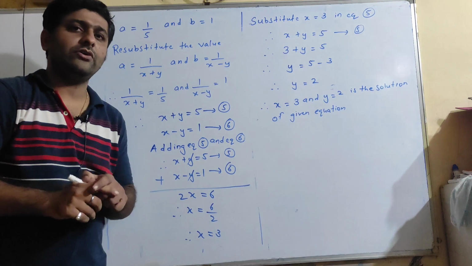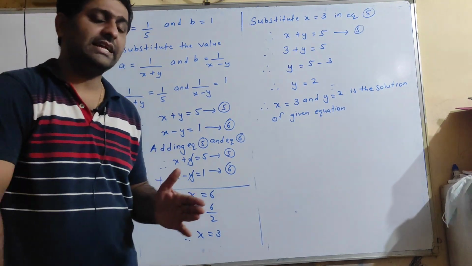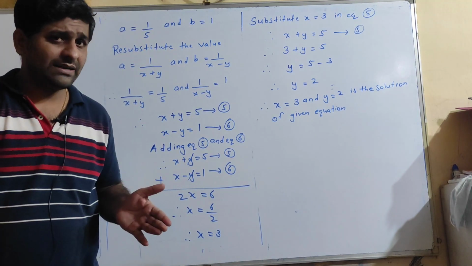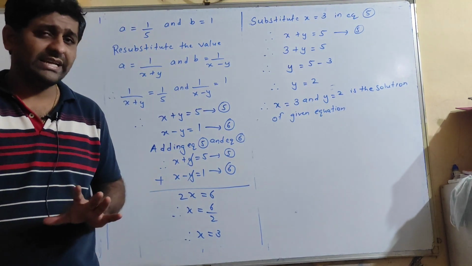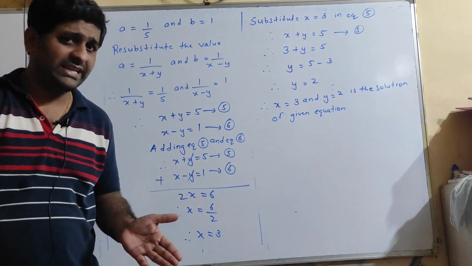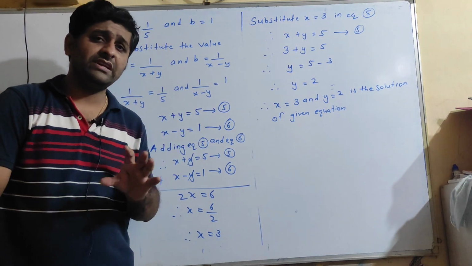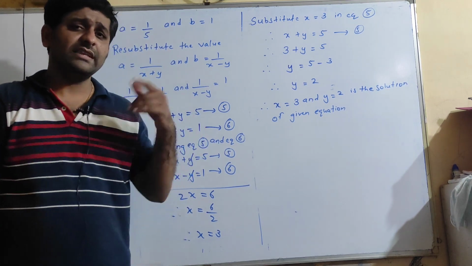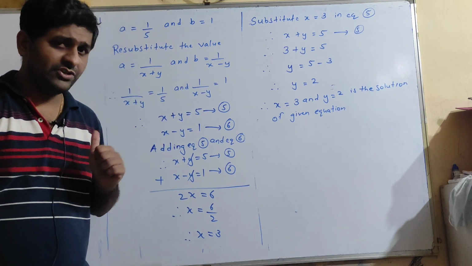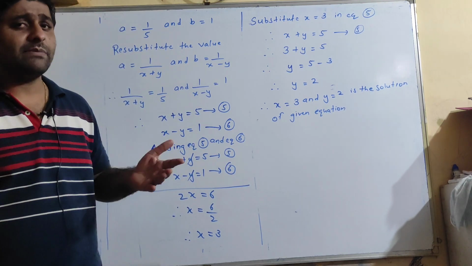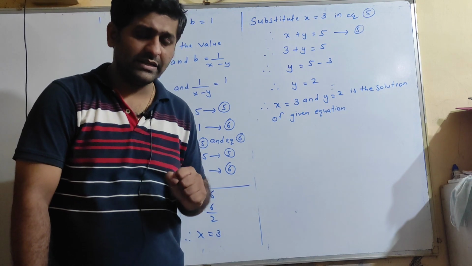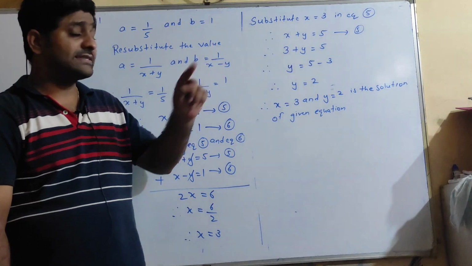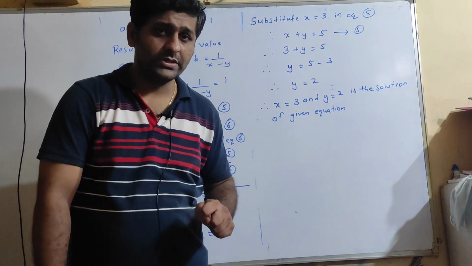So this is how we are going to solve these types of problems, where we'll see that the variable is in the denominator. We are going to start with an assumption, and after doing the assumption we'll get the value of the assumed variable. That is, in both the cases I have assumed the variable as a and b. Once you get the value of a and b after solving the equation, resubstitute the original values whatever is given, and thereby we'll get the value for the variables. Is it clear students? So this is how you are going to solve the sums which are based on this type, that is practice set 1.4, students.